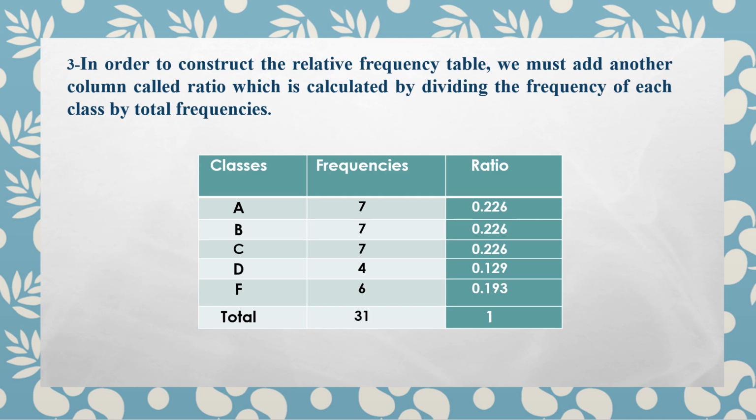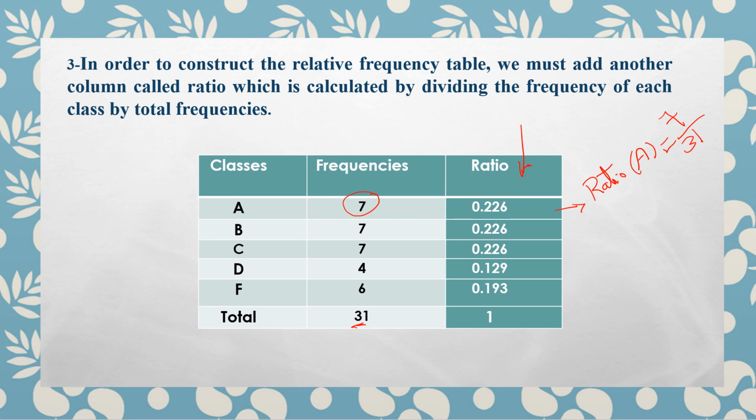In order to construct a relative frequency table, we should add another column called ratio, which is calculated by dividing the frequency of each class by the total frequencies. So we will add another column called ratio, and the ratio for the first class is computed by dividing the frequency of the class. For the A class, the ratio equals the frequency of this class, which equals 7, divided by the total frequencies, which equals 31, and this gives